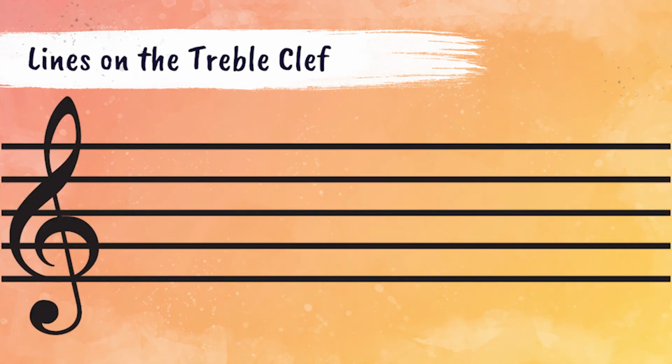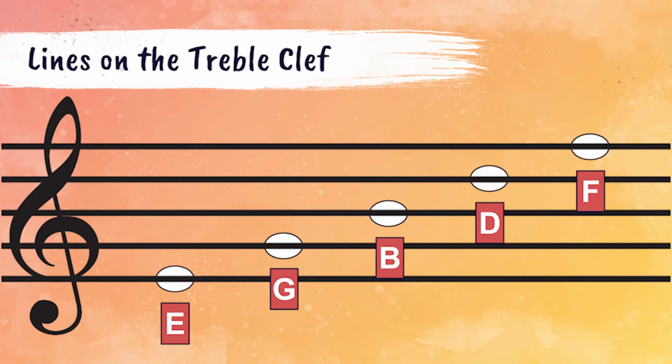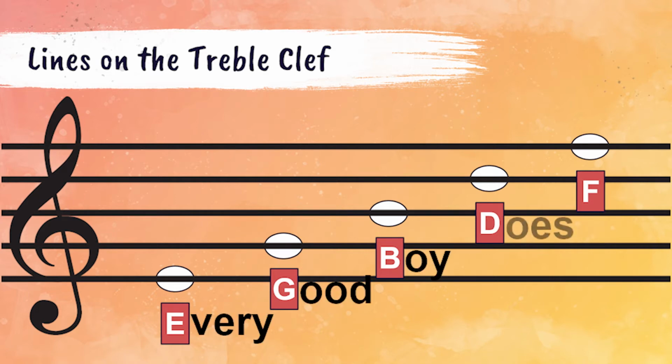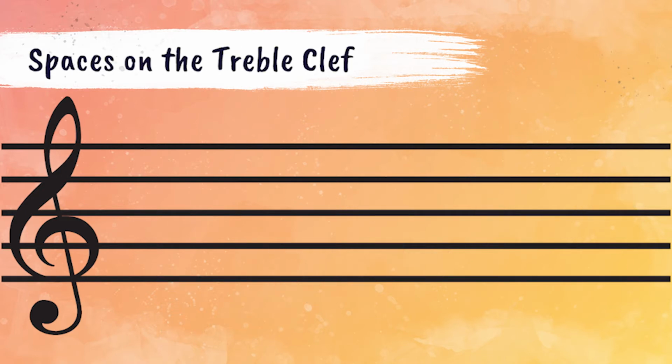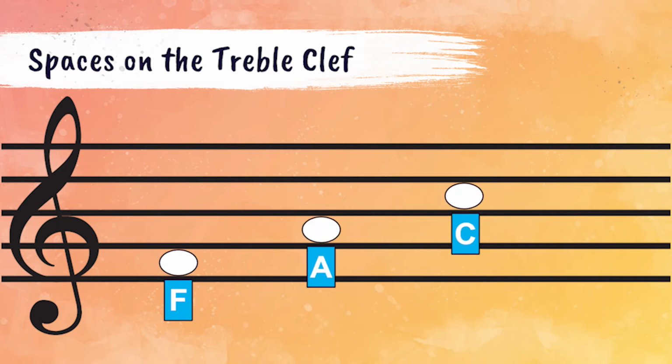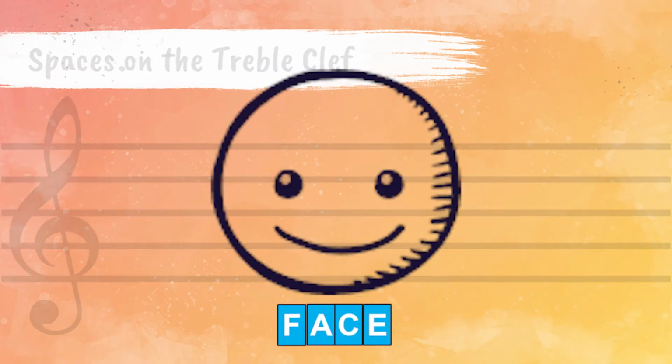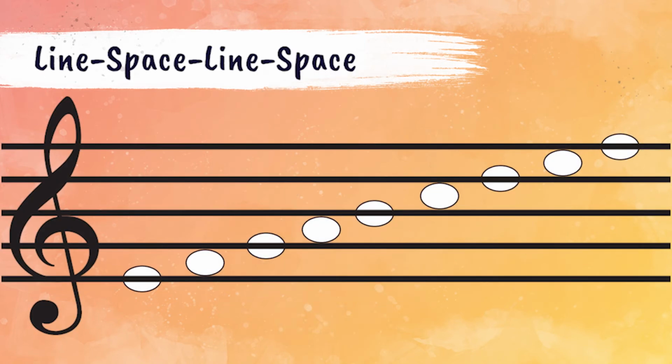The lines on the treble clef are E, G, B, D, F. A mnemonic device we use to help us remember these lines are every, good, boy, does, fine. Next, we have the 4 spaces, which are F, A, C, E, as in face. As we put them together, we can see the line, space,